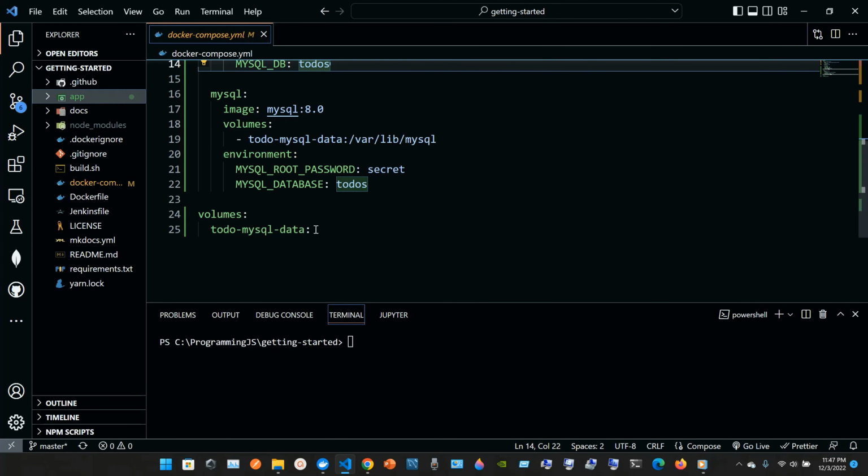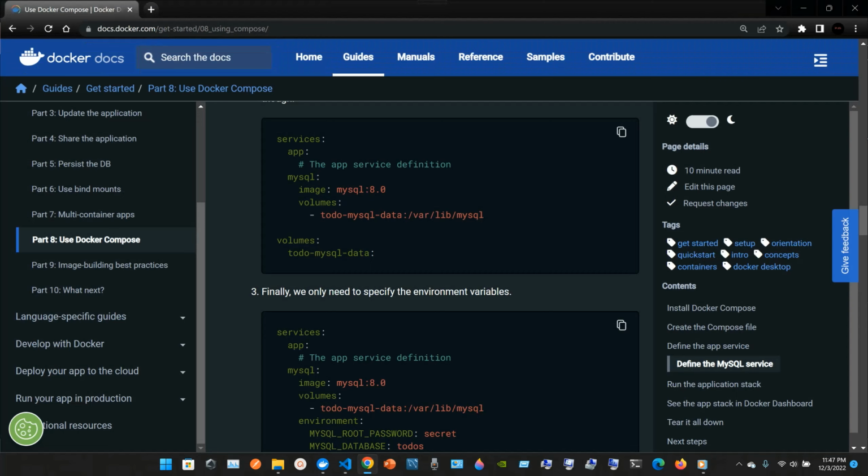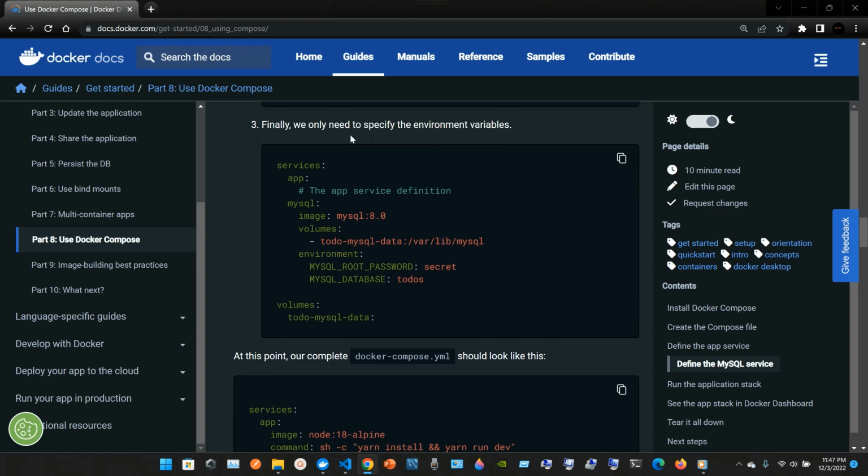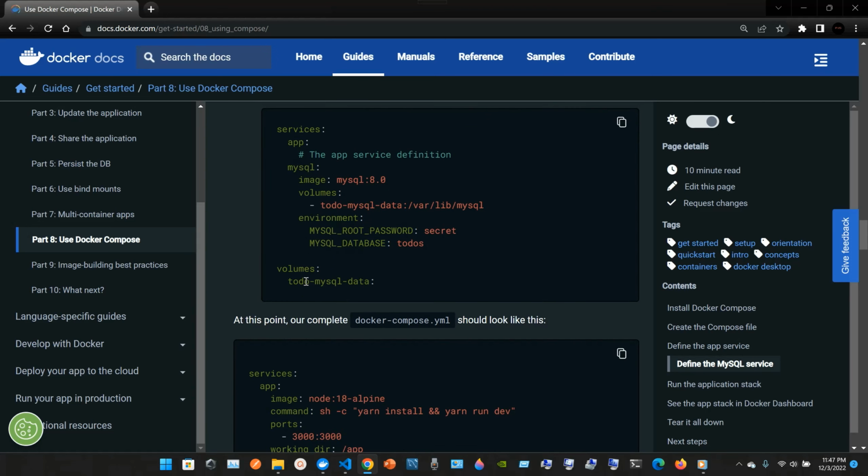So exactly as we have it over here. Finally, we only need to specify the environment variables. So we have services, app, MySQL, inside MySQL image, volumes, environment. So we have MYSQL_ROOT_PASSWORD: secret, next line MYSQL_DATABASE: todos. Then we have the volumes: next line todo-mysql-data: